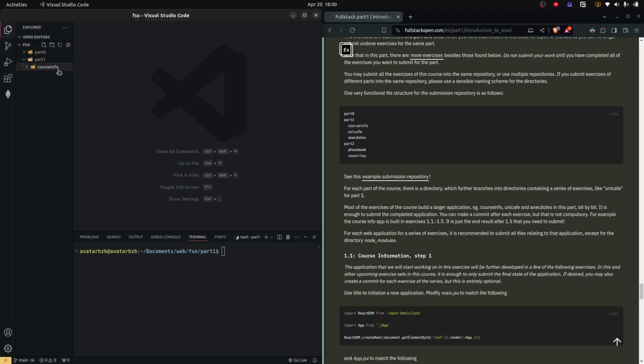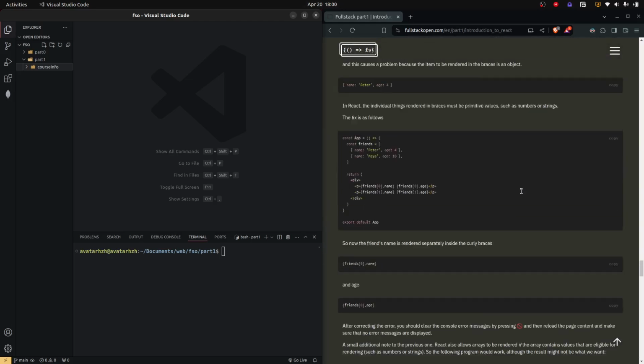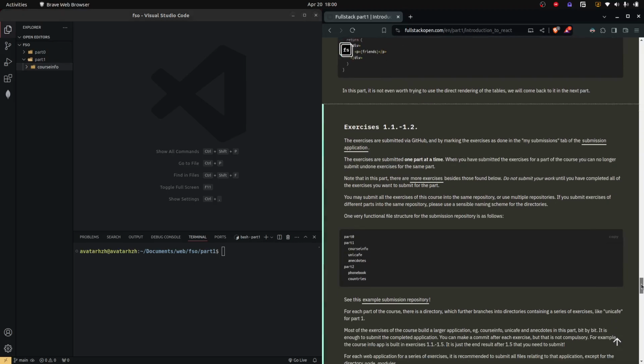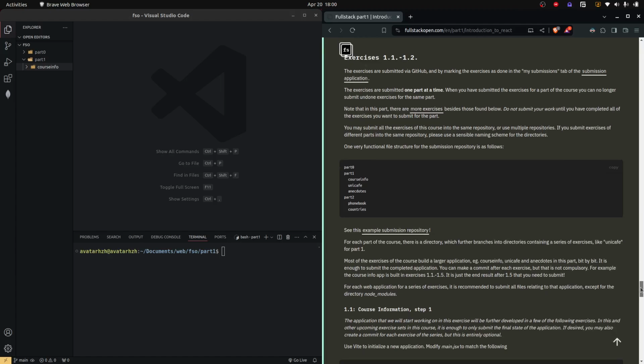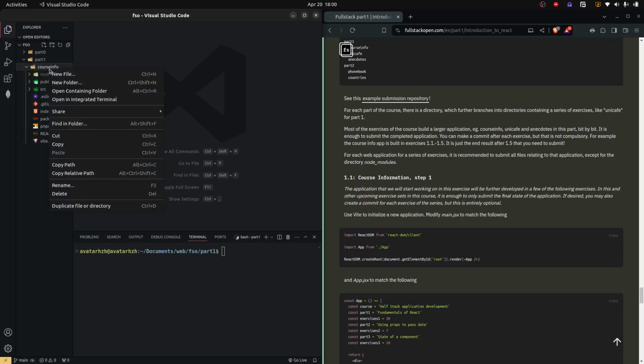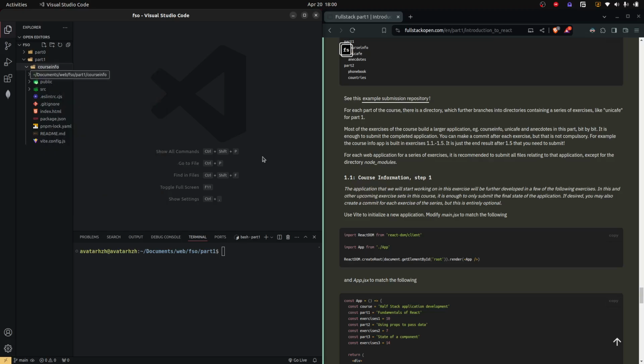Okay, so I actually got that wrong. I thought course info was this part here, all of this information here. But it looks like course info is actually an app to be created for 1.1 to 1.5. In that case, I will create a new component. Actually, I will rename this one into something along the lines of